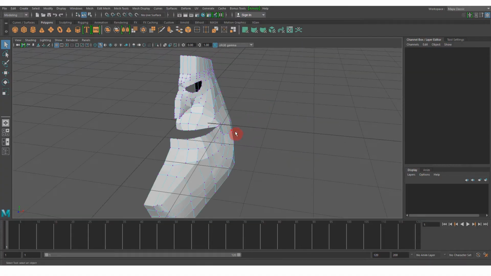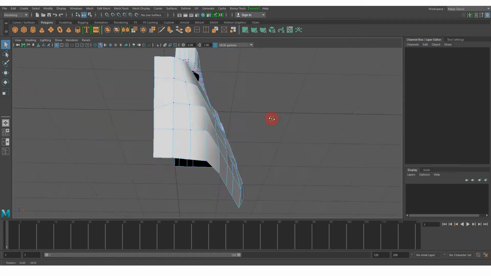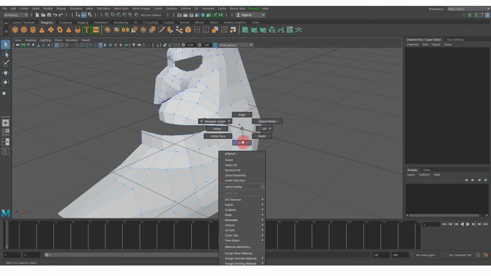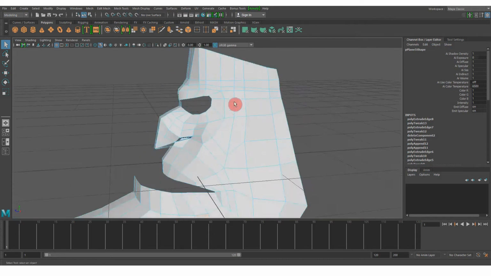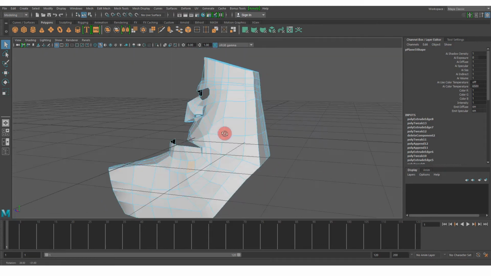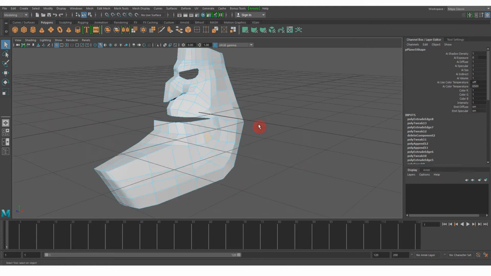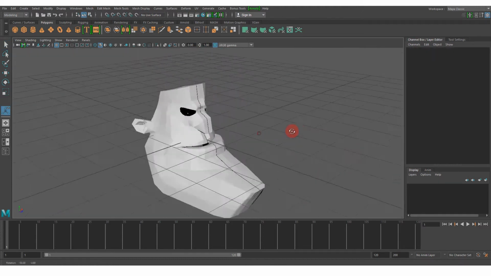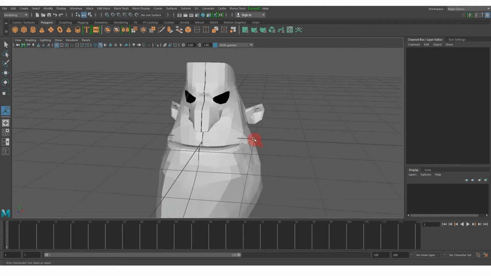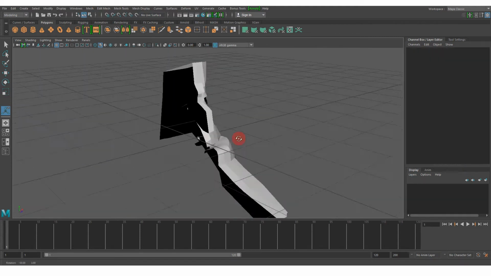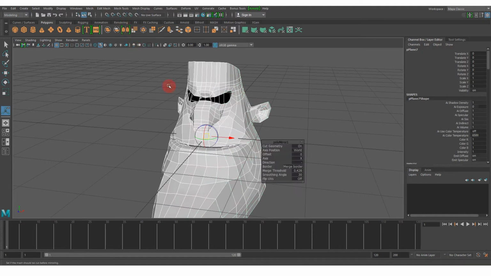It's always good to start off with very simple geometry and then build and build and build. So I created a simple mesh, added some edge loops, more vertices, and constructed the face to what you see here. And then basically I constructed the entire face, cut it in half, and mirrored the face so that both sides